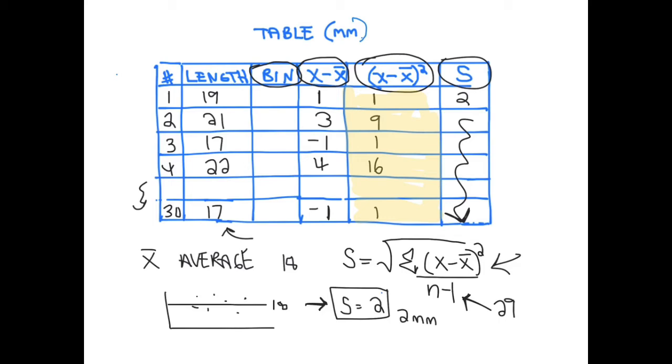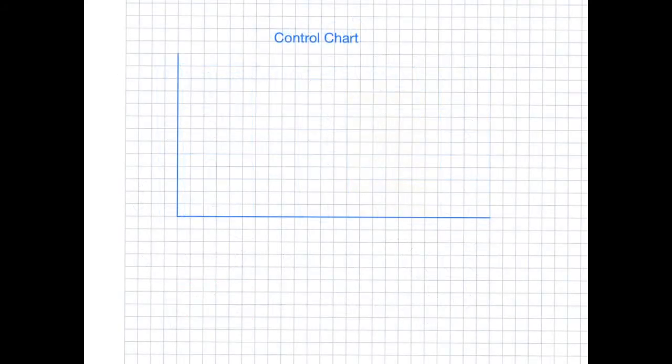had a standard deviation, say, of 5, something like that, the numbers would be much further away, and you would just have this really big range of possible different data points. To make a control chart, I'm going to use some graph paper and I'm going to make